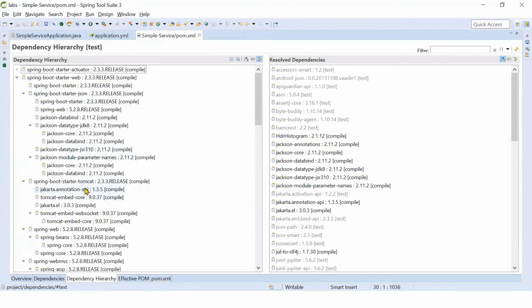And mainly you can see here Spring Boot starter Tomcat. This is the embedded Tomcat. Whenever we start a Spring Boot application, it is capable of launching embedded Tomcat. Similarly, there is Spring Boot starter JSON. One of the main purposes of going for Spring Boot starter web is developing web services or RESTful web services. That is why companies are opting for Spring Boot: as part of the microservice ecosystem, all the microservices are developed using Spring Boot applications. When it comes to RESTful web services, we normally prefer JSON for request and response.